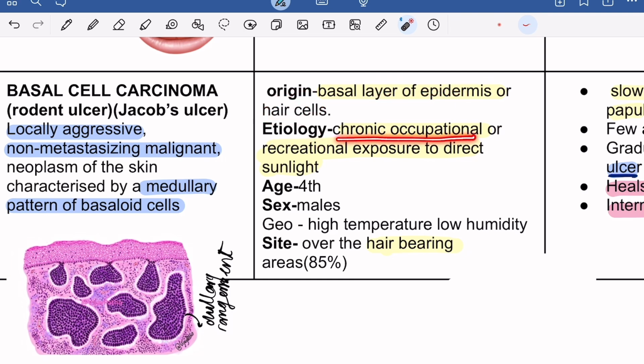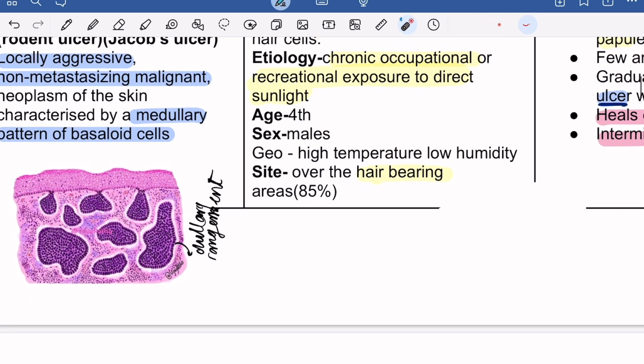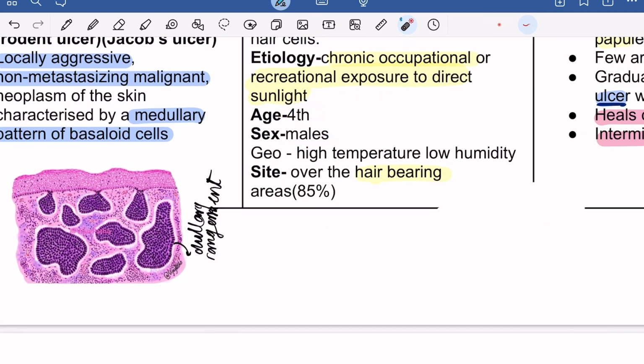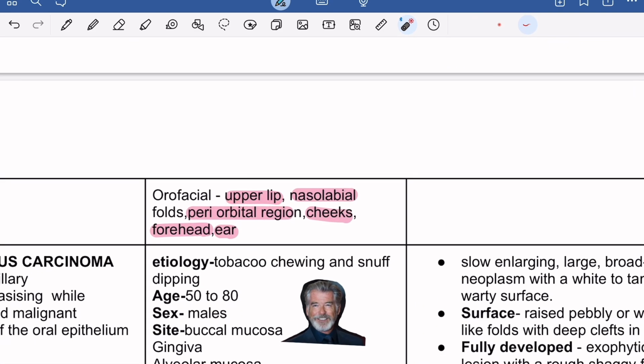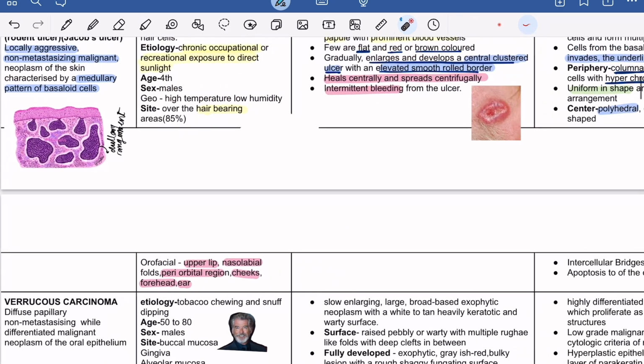Etiology is usually due to chronic, occupational, or recreational exposure to direct sunlight, usually common amongst fourth decade males, and also people living in high temperature and low humidity areas. Sites are common over the hair-bearing areas. In the orofacial region, it is the upper lip, the nasolabial fold, the periorbital region, the cheeks, and the forehead